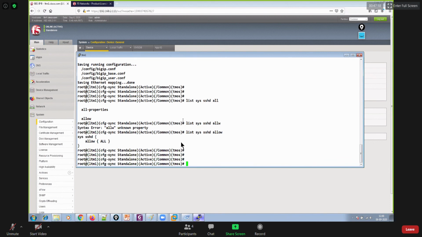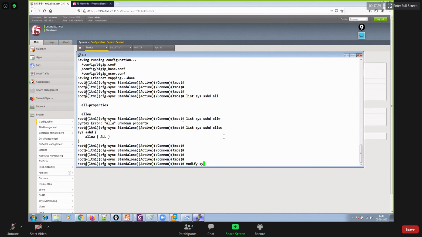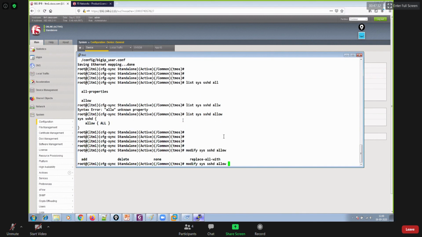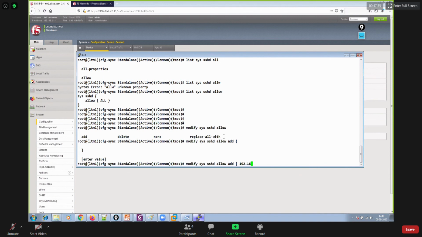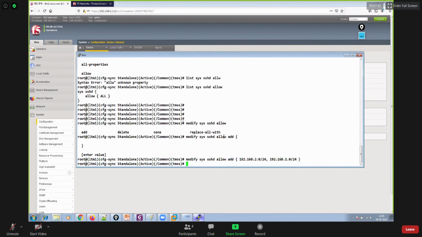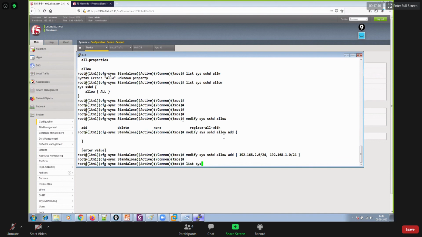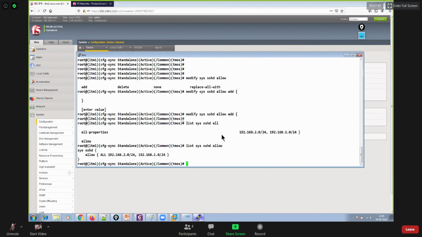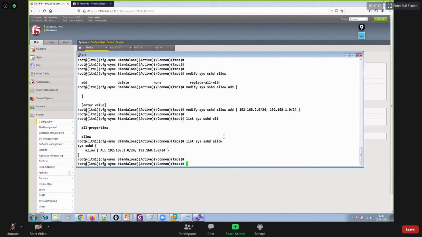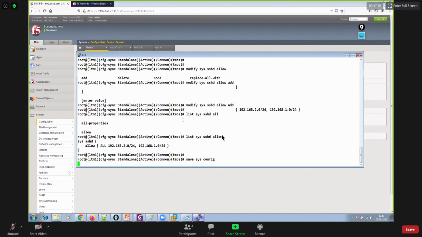But in case you want to put an allowed list, you could say modify sys sshd allow add, and let's say I just wanted to allow 2.0/24 and 1.0/24, bracket close. So I have added these two subnets. Now if you say list sys sshd allow, we have these two options, but the configuration has not been saved yet. To save that, save sys config like this.